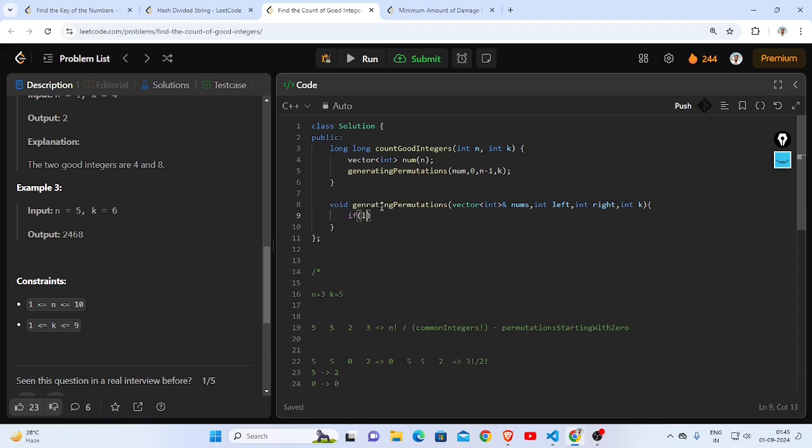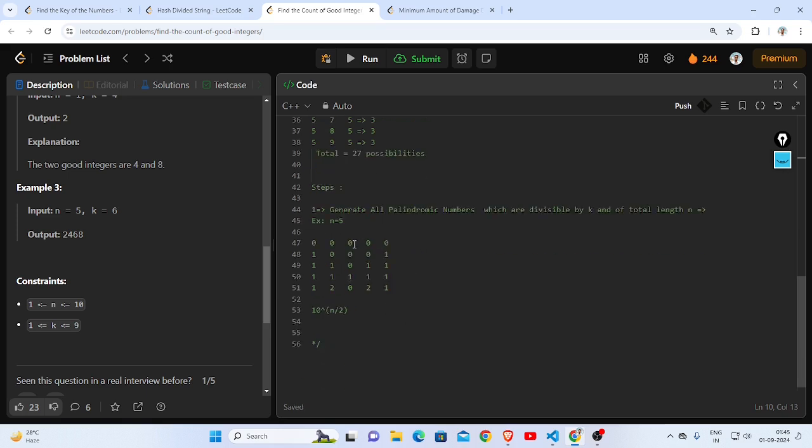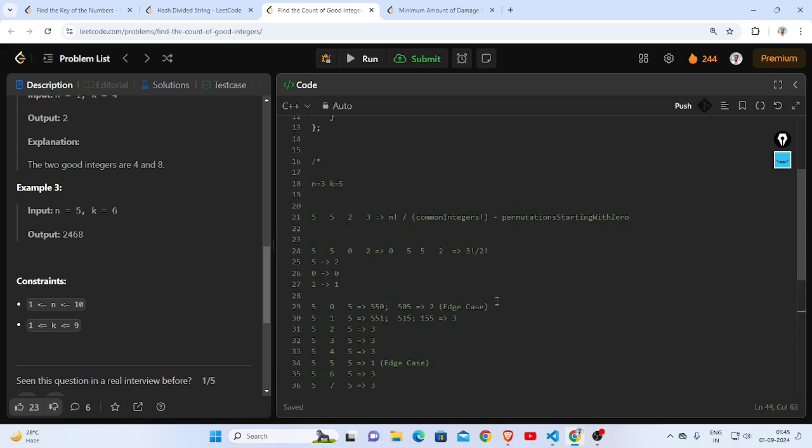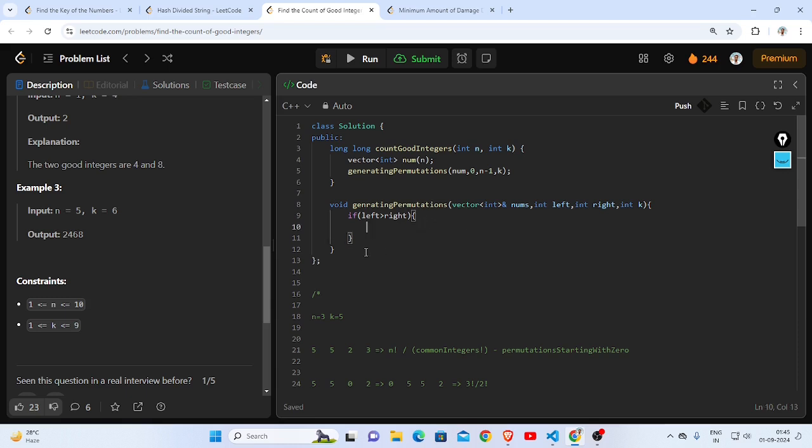And if left is greater than right, that is the point where I have created successfully a palindromic number. It is still not checked whether it is divisible by k or not. That I am going to check inside. So here I will have a map, int comma int. Let me call it map, and in this I am going to